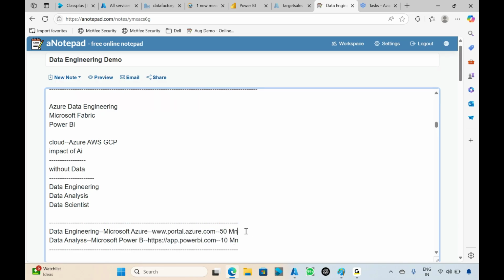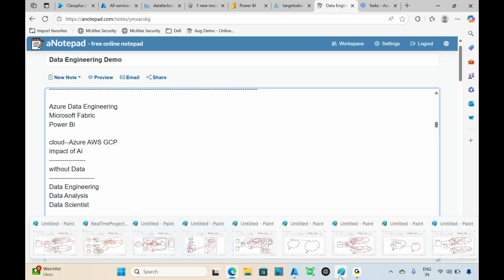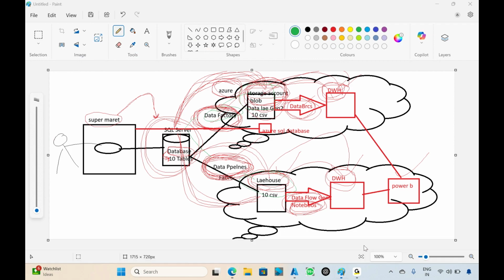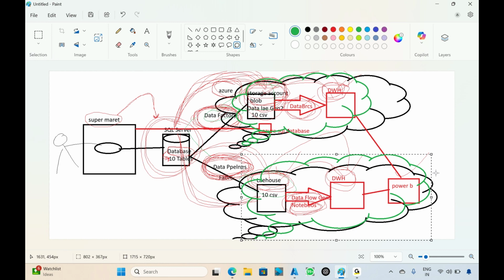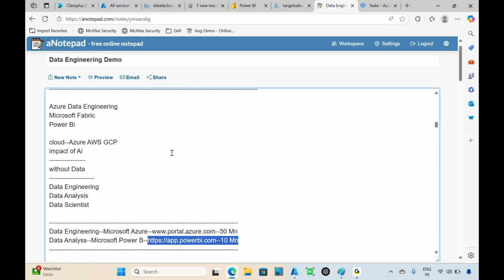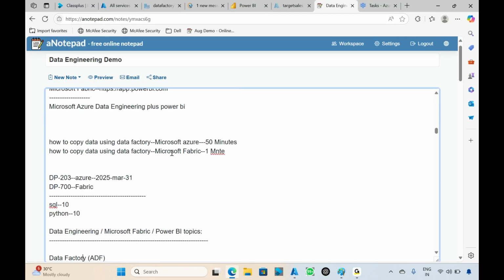So going forward, Microsoft doesn't want you to use Azure to develop data engineering projects. They want everything to be developed in Microsoft Fabric only. So in this course, I'm going to teach you the Microsoft Azure environment and the Microsoft Fabric environment: how to move the data, how to use these ETL tools. Primarily, in this course we are going to teach you completely on this